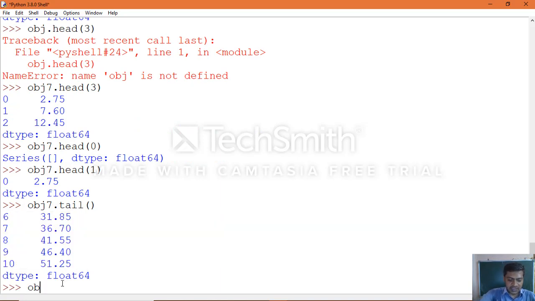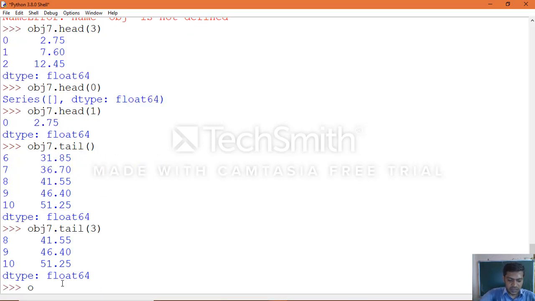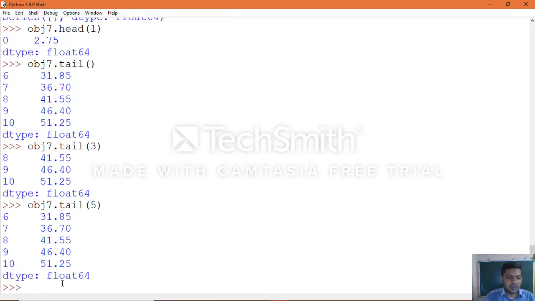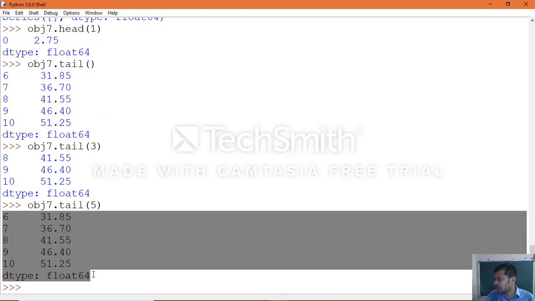If you specify tail(7) or 5, whatever it is, it will fetch that from the existing series object. Now we know how to make use of the head and tail functions.